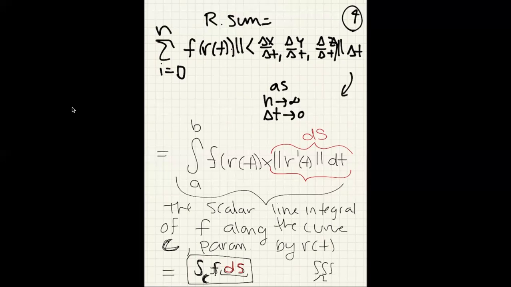I'm about to switch pages. Okay. So that was page 4. Here's page 5. And I just want to say more about that ds equals the length of the derivative times dt. So what you're seeing right here, this is a function